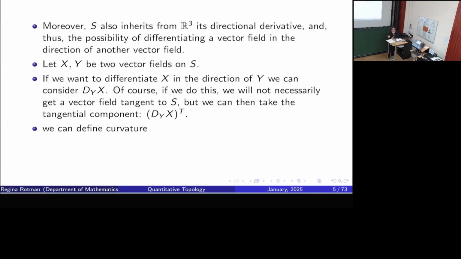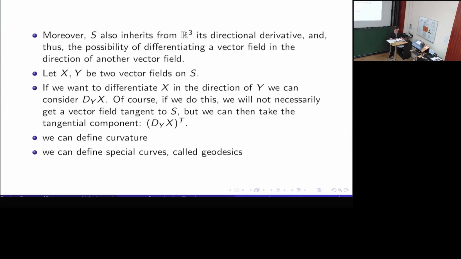Okay, so now we can also define curvature. And we can define some special curves that we call geodesics. Geodesics are generalizations of a line in Euclidean space. And lines in Euclidean space have many properties. I'm not going to write them, but I'm just going to say it. They minimize distances between points, for example. They're certainly straight, meaning that